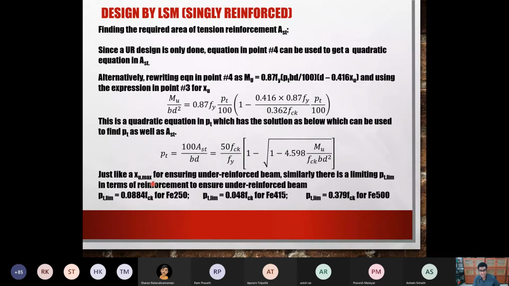What is the other thing that you can do in order to make it? The dimensions of. Very good. You can increase the dimensions of the beam, or you can increase the area of the concrete that is there. That will ensure that because if you look at your equation,